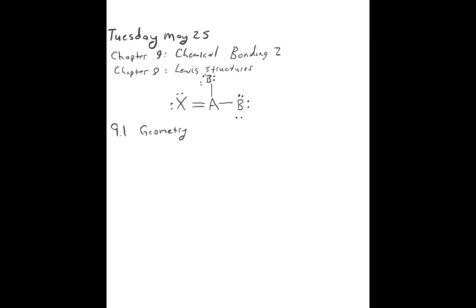So we're going to look at some basic shapes. When you hear the term geometry, just think shapes of molecules. And what we can say about it is that the geometry of the shapes of these molecules and ions is related. We can use the Lewis structure as a starting point. Okay. And then what we're going to do is use the Lewis structures as a starting point, and then we're going to implement something called the,